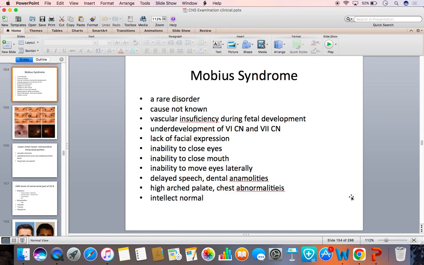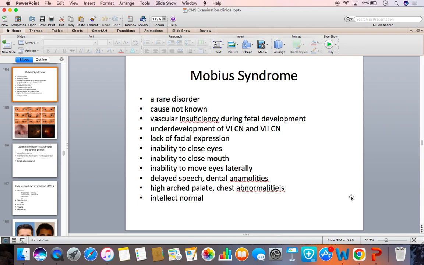Then comes Mobius syndrome. It's a very rare disorder. Cause is not known, probably due to vascular insufficiency during fetal development, interfering with the formation of the facial nerve nucleus